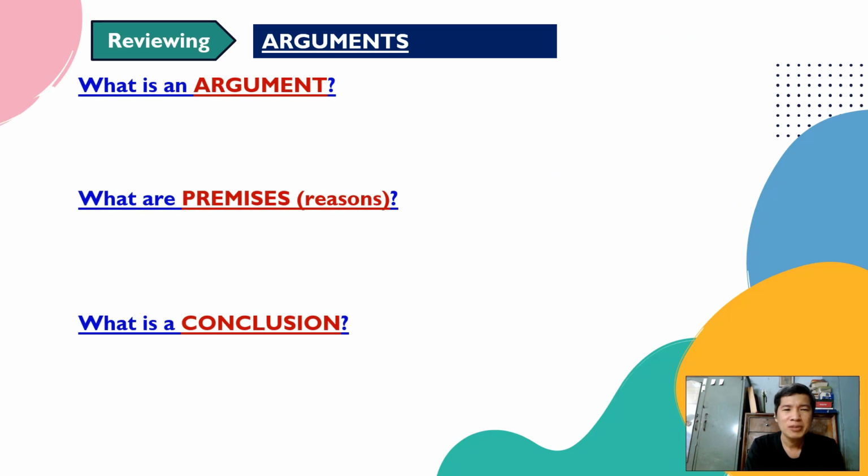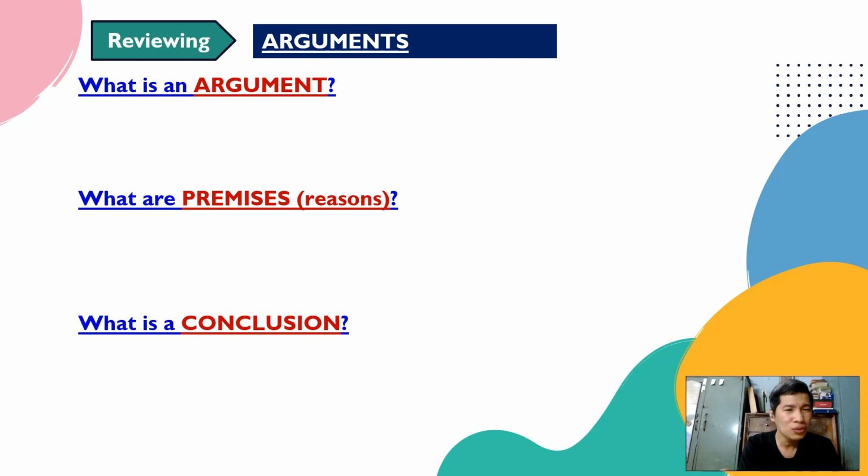Okay. Now, before we start, we are going to review something from the very basic. You can see, at the beginning of the course, we talk about arguments already. Here are the 3 very basic concepts: argument, premises, and conclusion. Anybody can still remember the definitions? How do you understand these concepts? You can just explain in your own way. Try for a second.